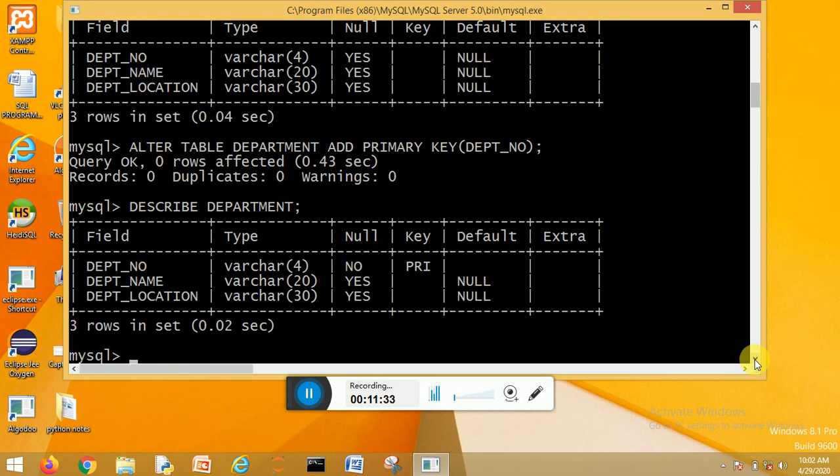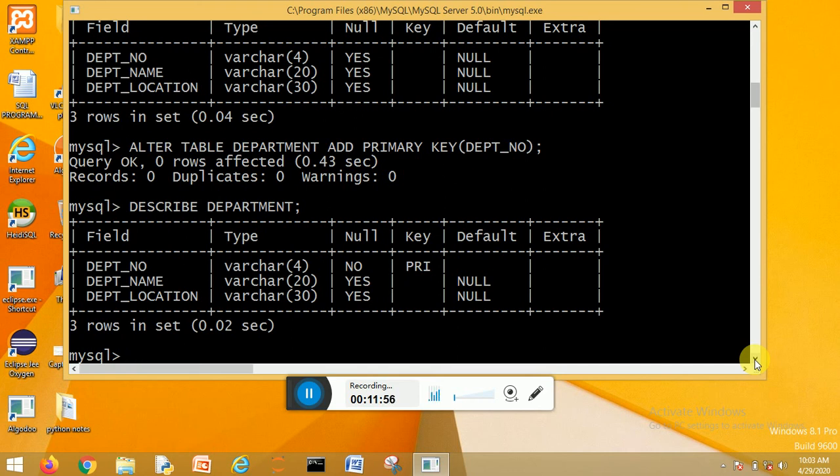Now, dear student, by default it's 0. It is not going to show in this table, but by default it is 0. In some cases it will show, in some cases it will not show, because you can see over here that dept number is showing null, no. So if it is showing no, its default value is 0. Now I have two tables.